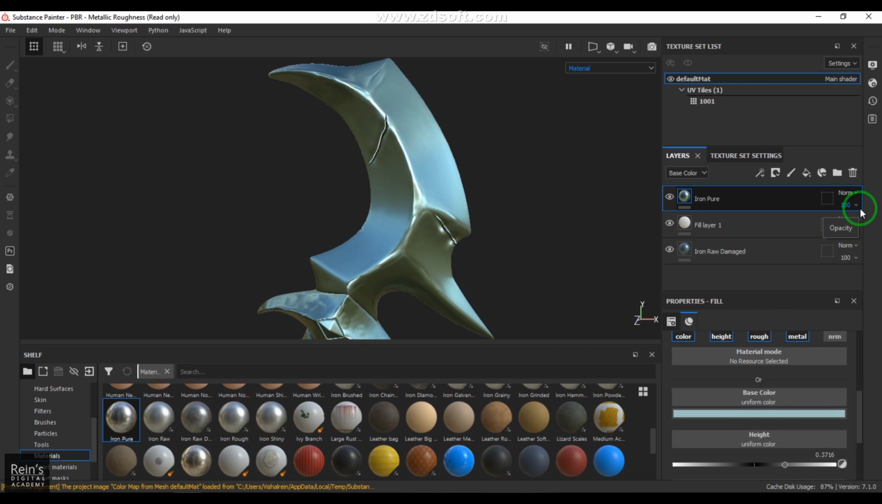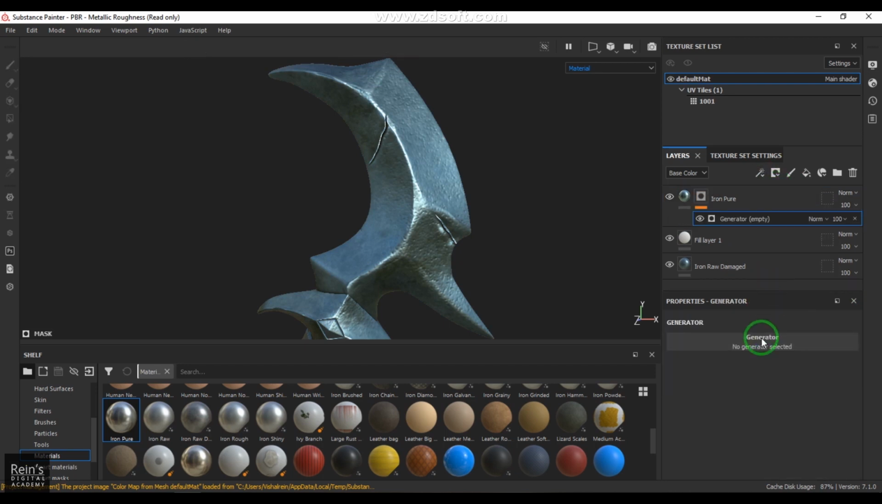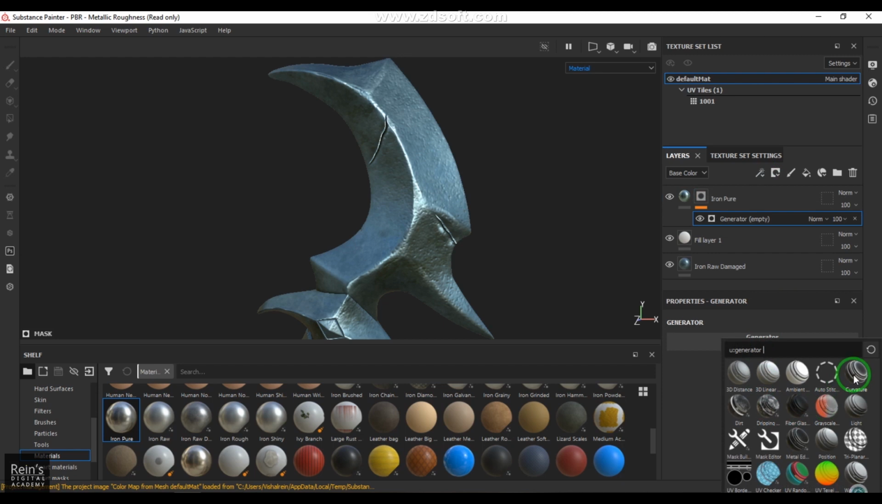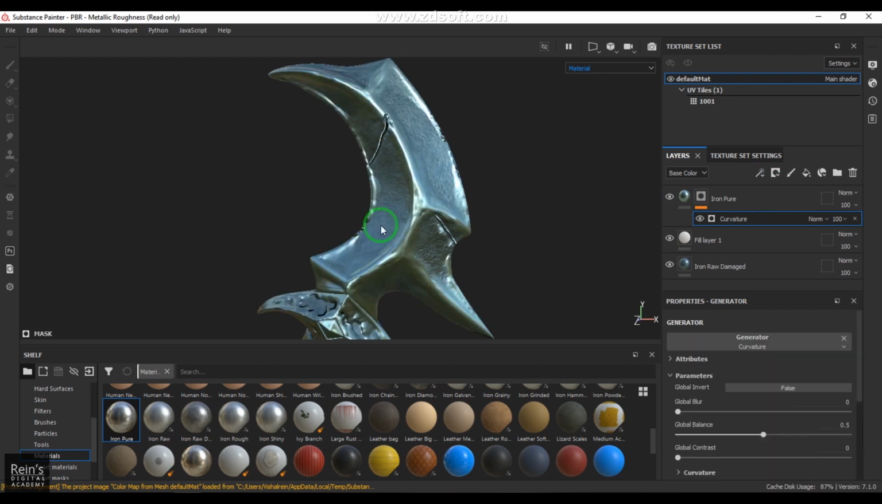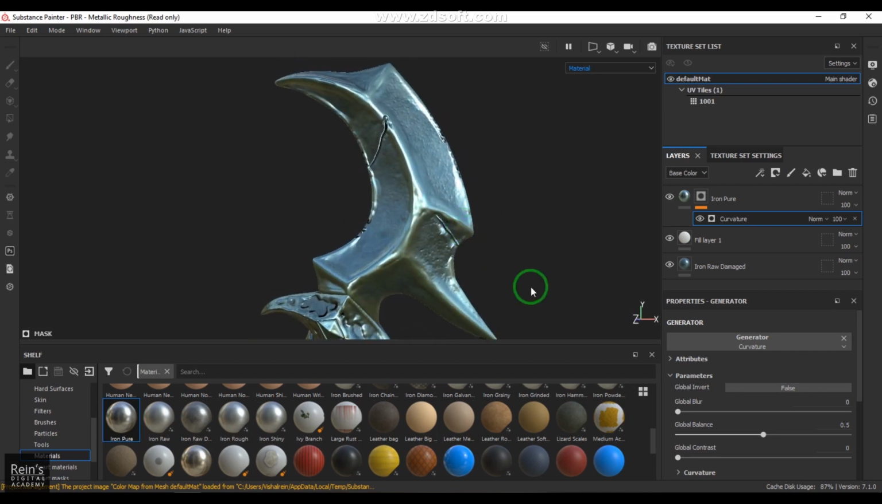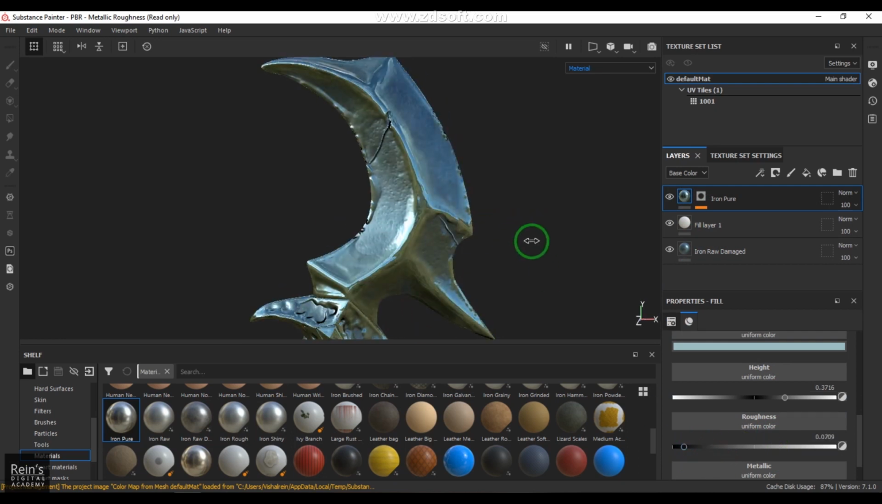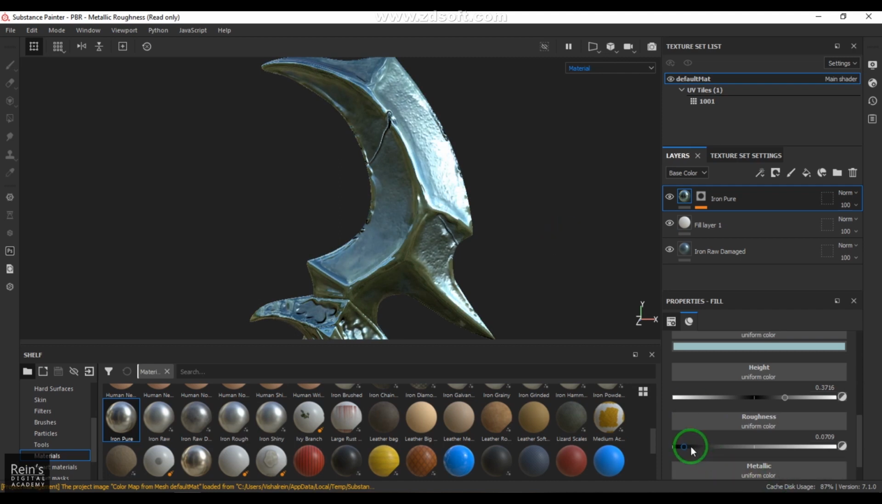Now what we will do is we will go to the layer mask and then choose the black mask or white mask, whatever is there, it's okay. Add a generator and then choose the curvature there, and then that brings up this nice shine. Okay, let me select this layer and then reduce the roughness. Okay, that's more shiny. So let me put this roughness slightly high, and for this